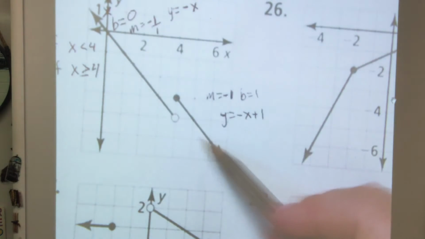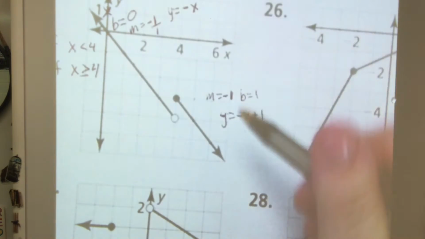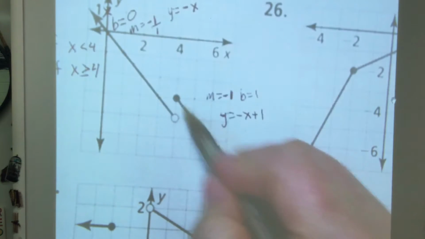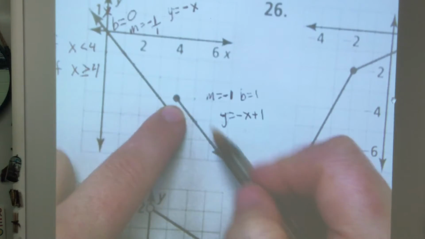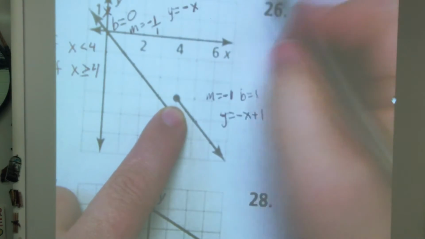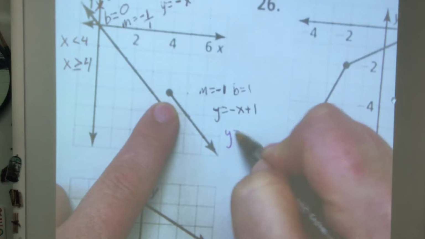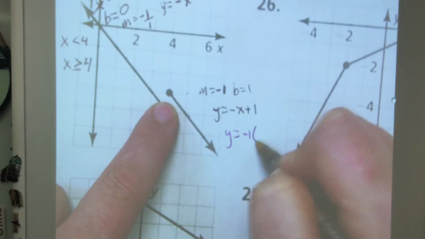I'm getting my equation for slope and my point slope mixed up. What I'm trying to say is you could pick any point on this line. Let's say I pick 4, -3, and I have a slope of -1. So point slope would be y equals -1 times x